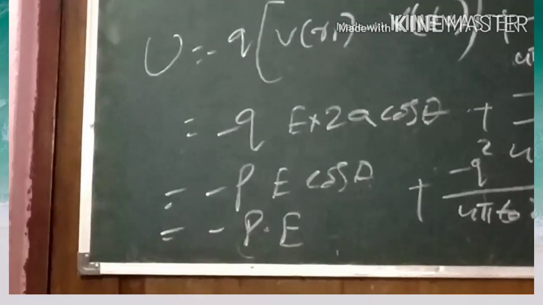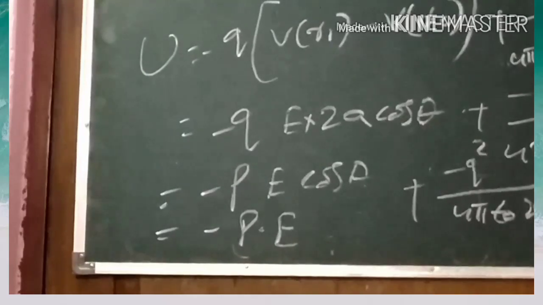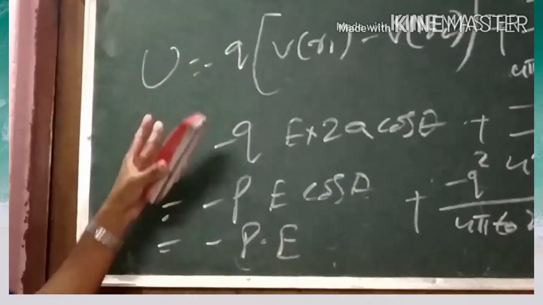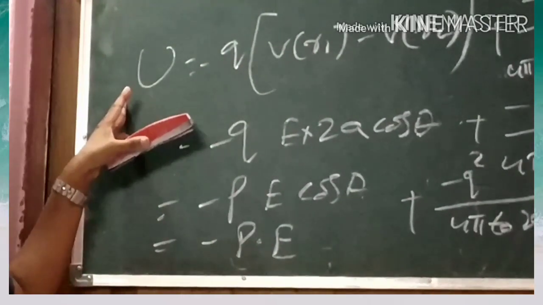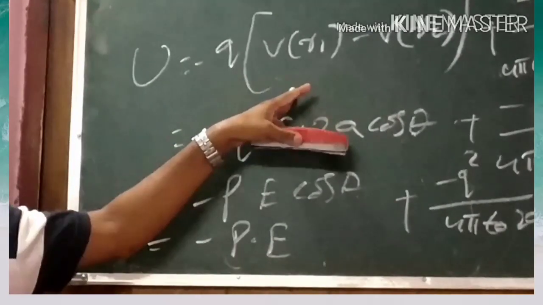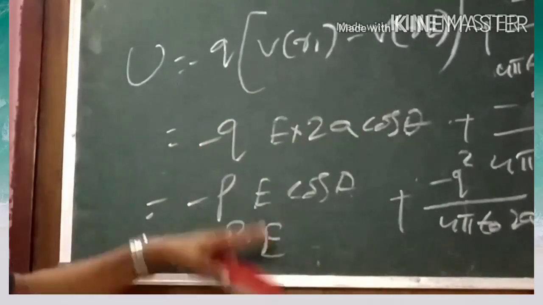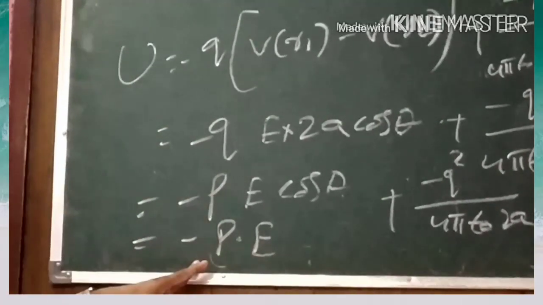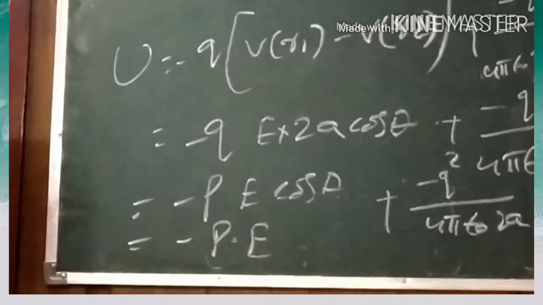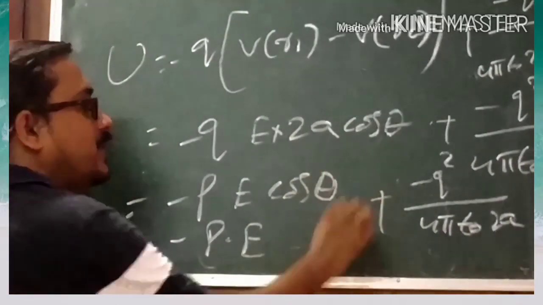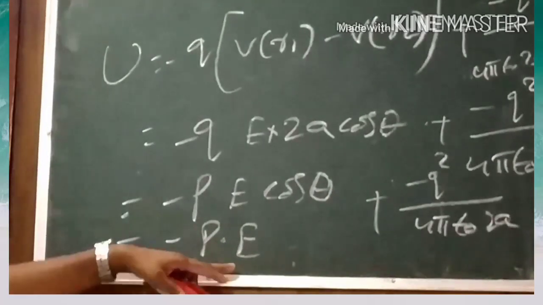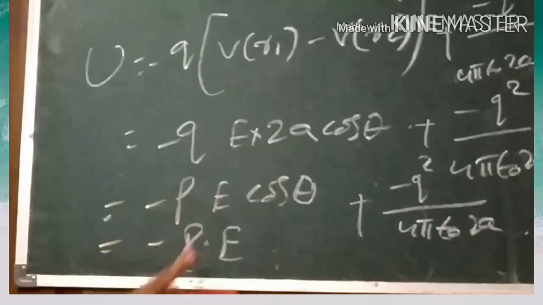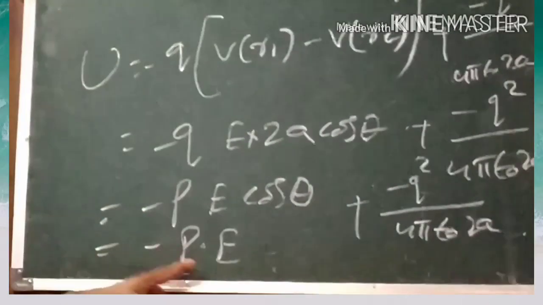Actually for calculating the potential energy due to a dipole, there are two methods. In the previous method, we took the integration and calculated the potential energy, and in this method we have applied the potential energy due to a system of charge. And in both methods we got that the potential energy value will be equal to minus P dot E. And why have we chosen theta equal to pi by 2? Here we have already proved that, because in the previous situation theta equal to 90 degrees gave the result minus P dot E, and here also we have directly got the value minus P dot E.